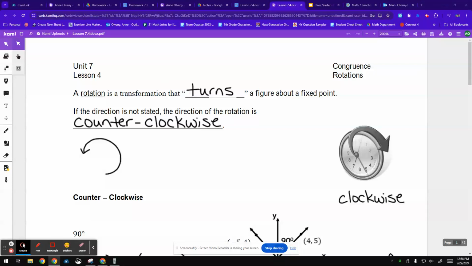All right. So a rotation is a transformation that turns a figure about a fixed point. And if it doesn't tell you which way, you assume it to be counterclockwise, which if you picture a clock,